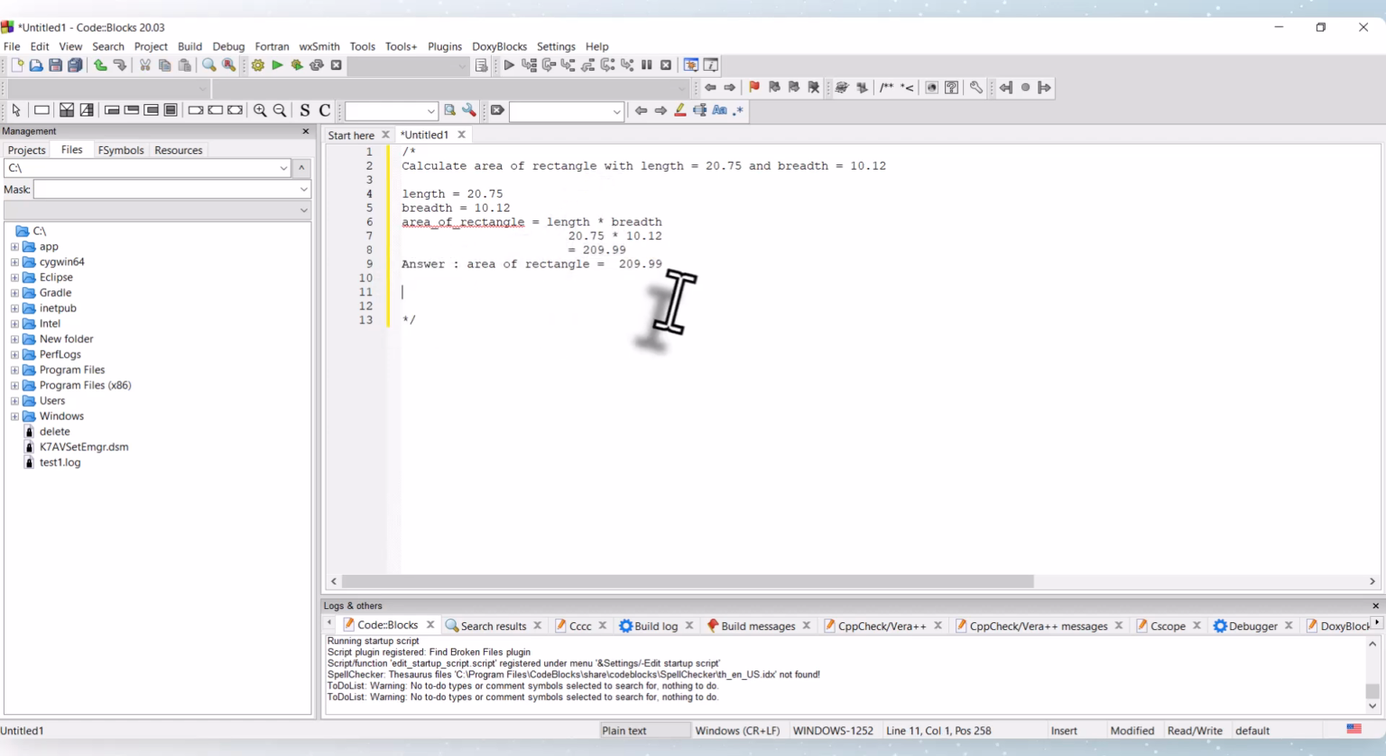I want to write a program. So how many variables are there here? We have three variables. So I will write a program in C language. So main, I declare the variables as float length, breadth, comma, area of rectangle, semicolon. So now what I will do, length is equal to